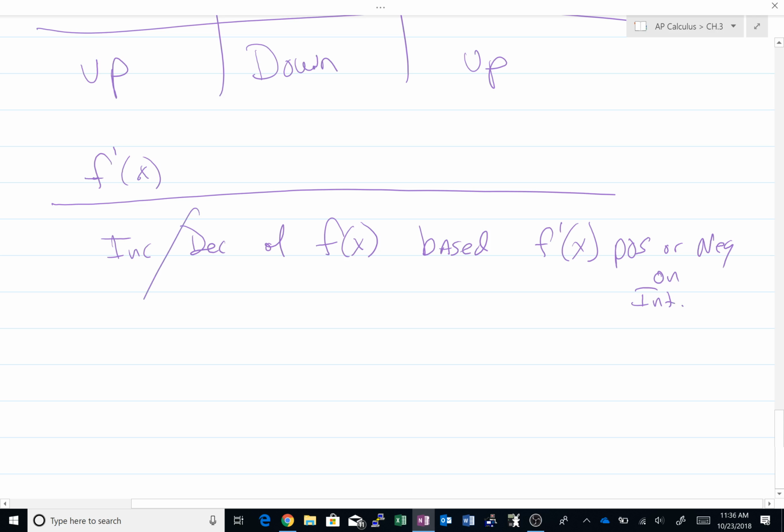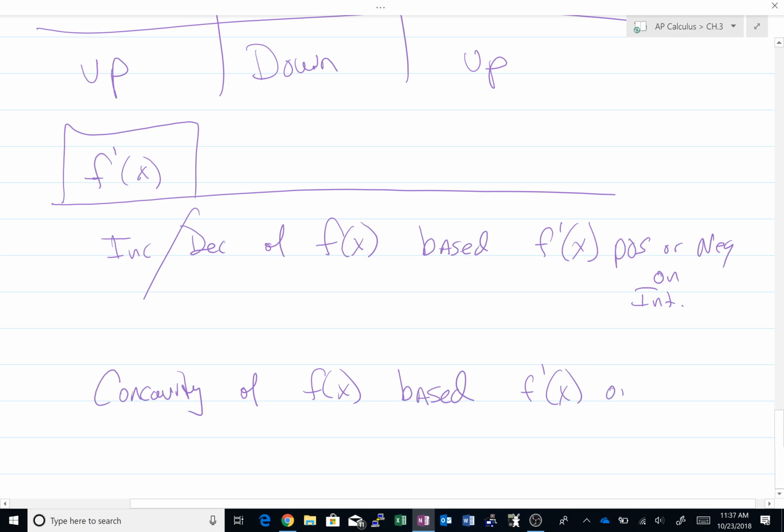So again, I'm talking about f prime. What can f prime tell me? It talks about the increasing, decreasing nature of a function based on whether f prime is positive or negative on an interval. If it's positive, it's increasing. If it's negative, it's decreasing. F prime also talks about concavity of f of x, based on if on that interval, f prime